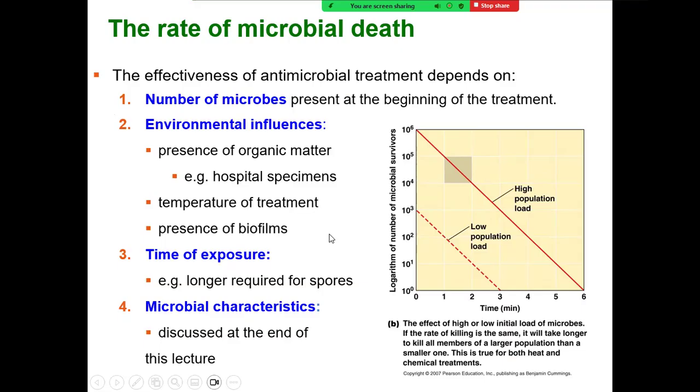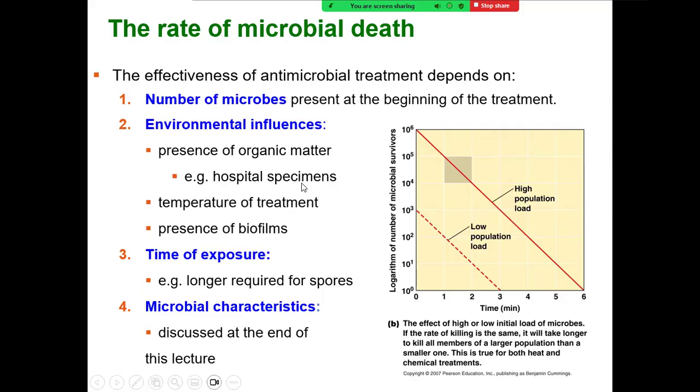The environmental influence can affect the microbial death rate. The presence of organic matter can slow the microbial death rate. Now, in a hospital specimen, you're most likely going to have microbes around organic matter. And that means when you're treating the microbes with an agent, you have to expose it much longer than you would without the organic matter around. Or you must use much more